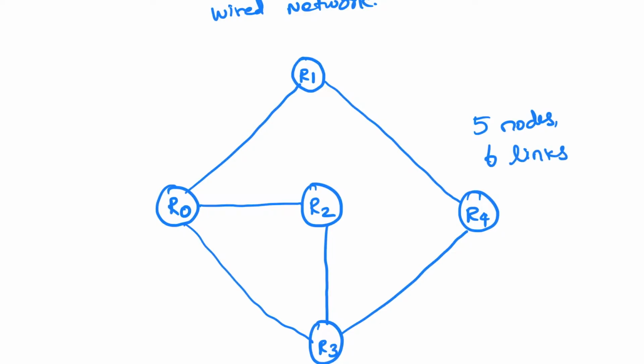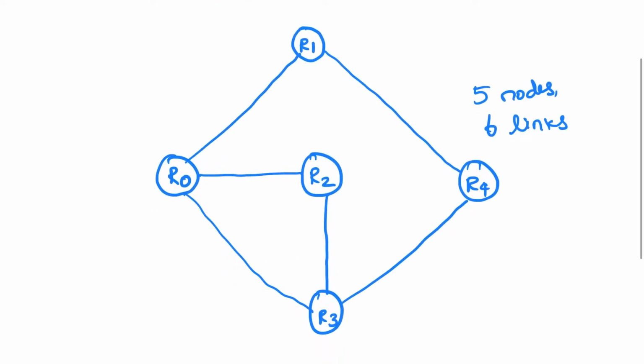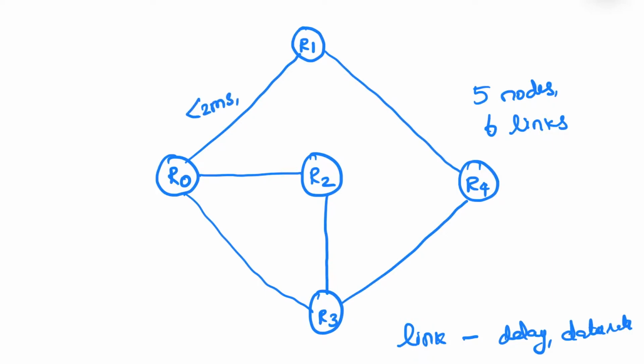We are going to do the simulation of how this can be done using Network Simulator 3. For better understanding, each and every link will have characteristics. Usually link characteristics are delay and data rate. These are the two parameters that can be specified. So we will be fixing the delay and the data rate in this case, for example 2 millisecond and 10 Mbps.